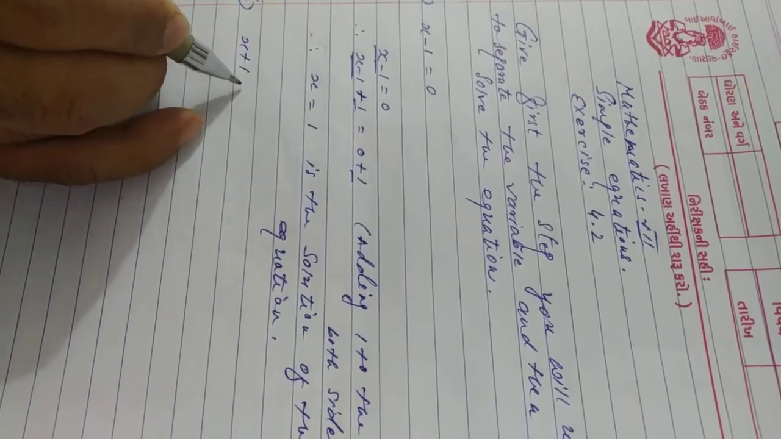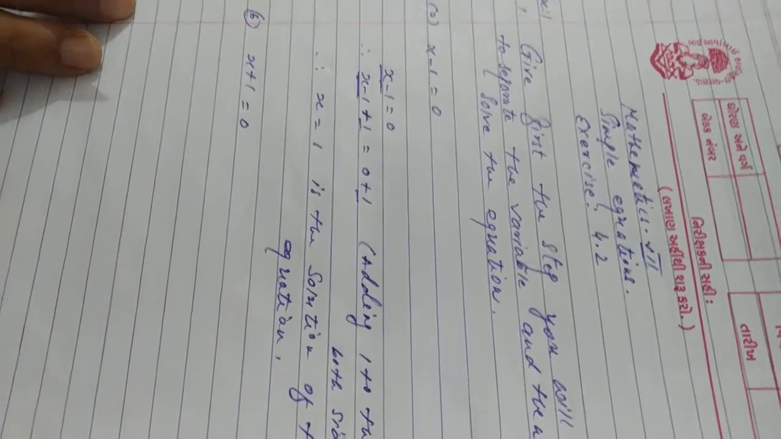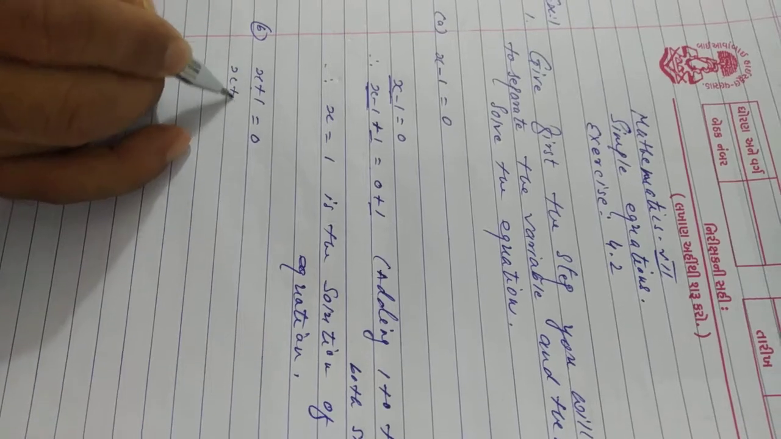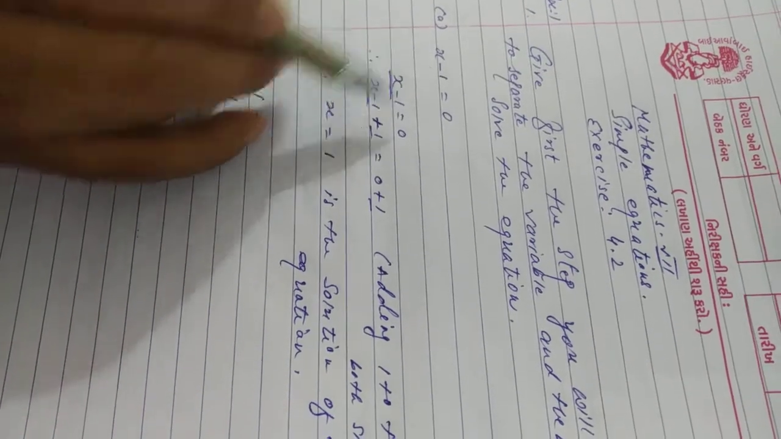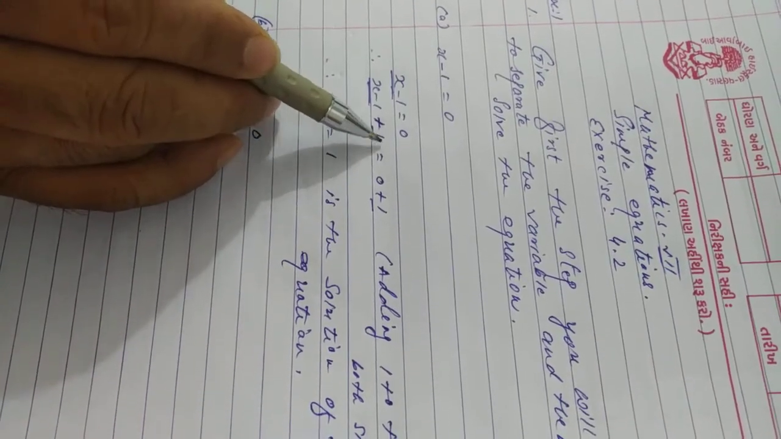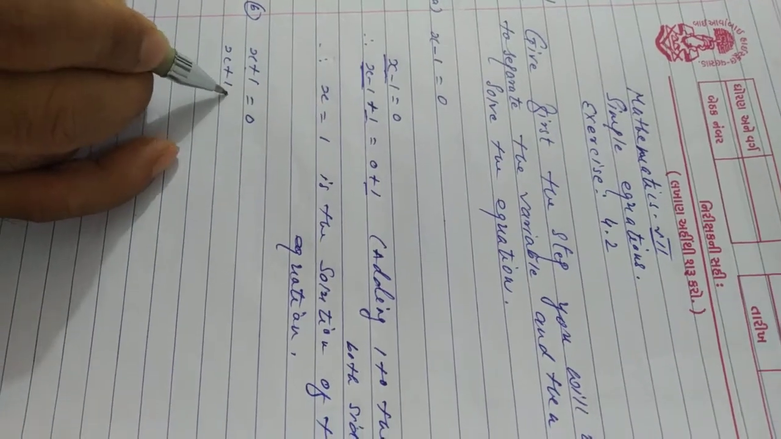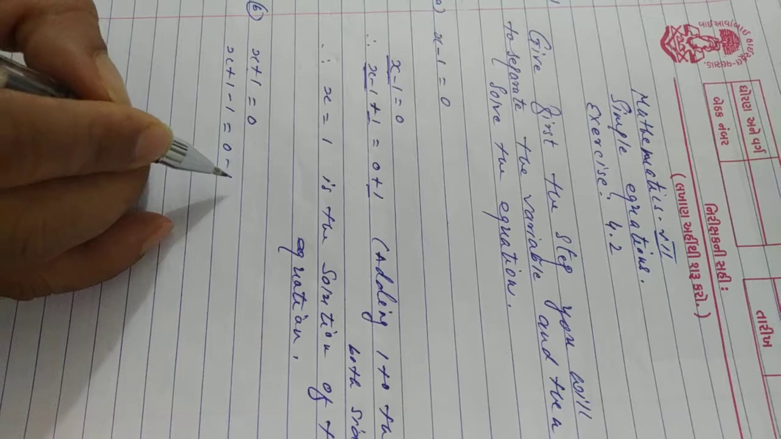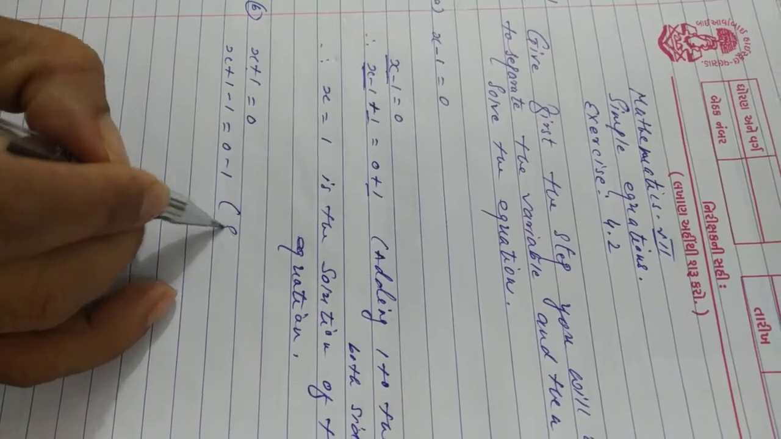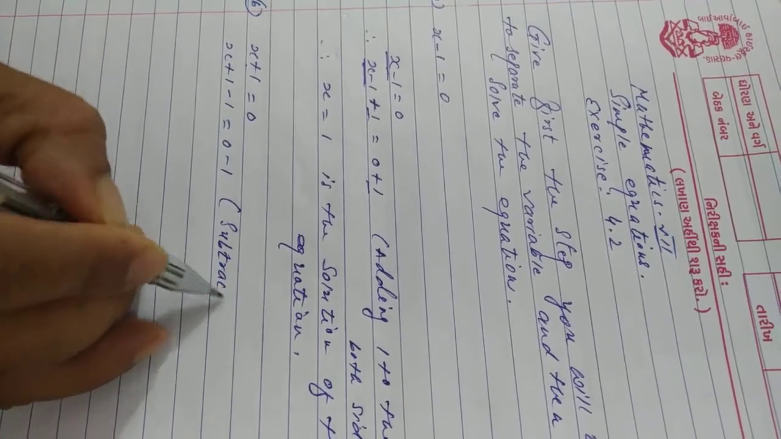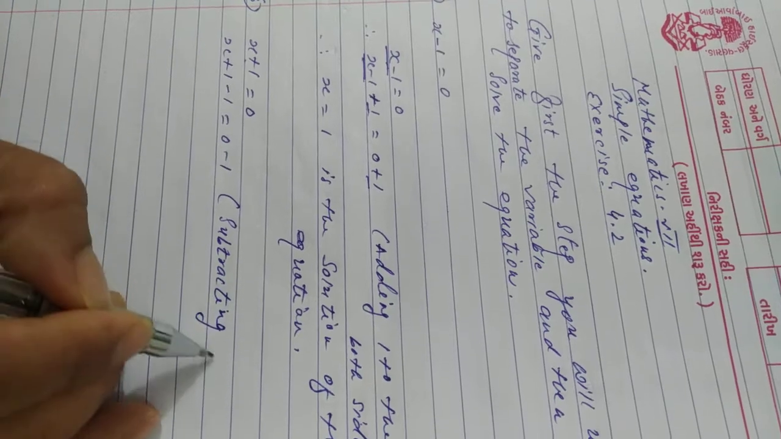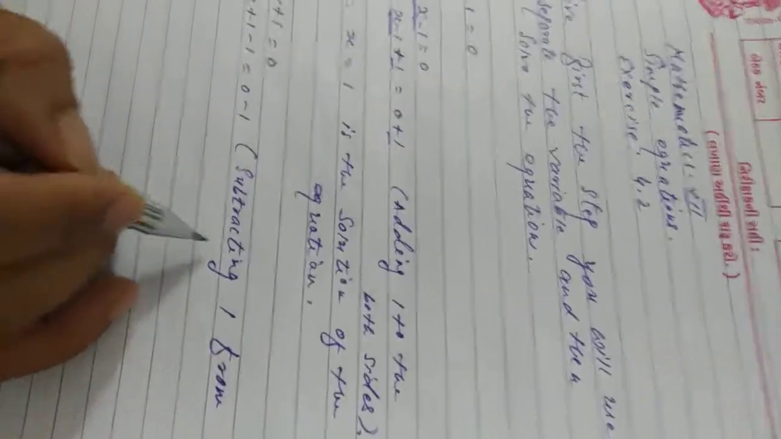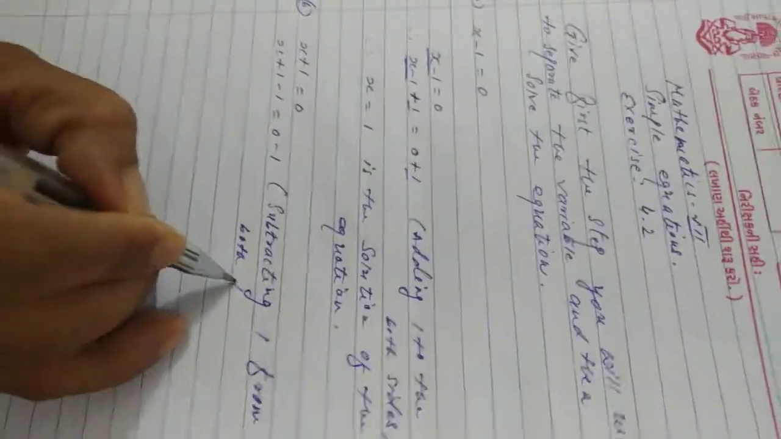Now b, x plus 1 is equal to 0. So now to separate the variable in x plus 1, see here in it there is plus 1, so what will we use? Minus 1 is equal to 0 minus 1. So what is used? Subtracting 1 from both the sides,